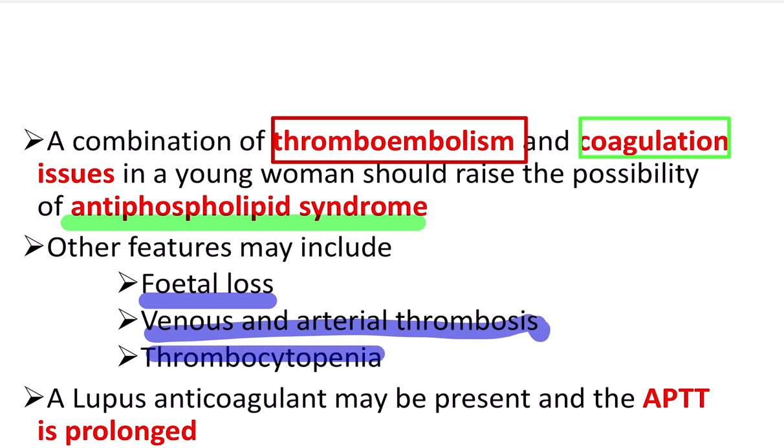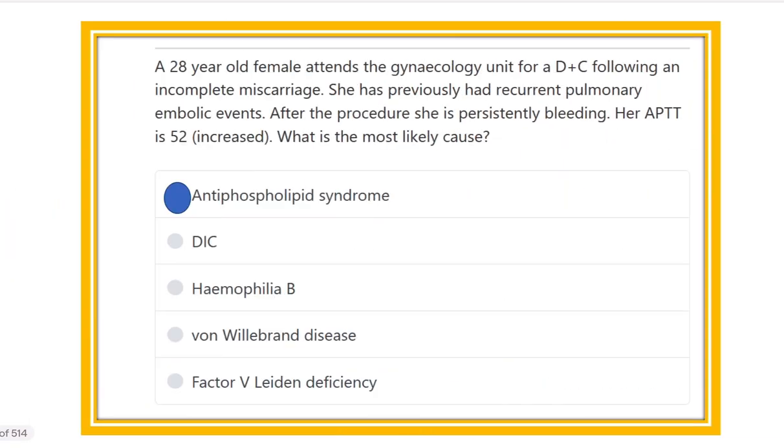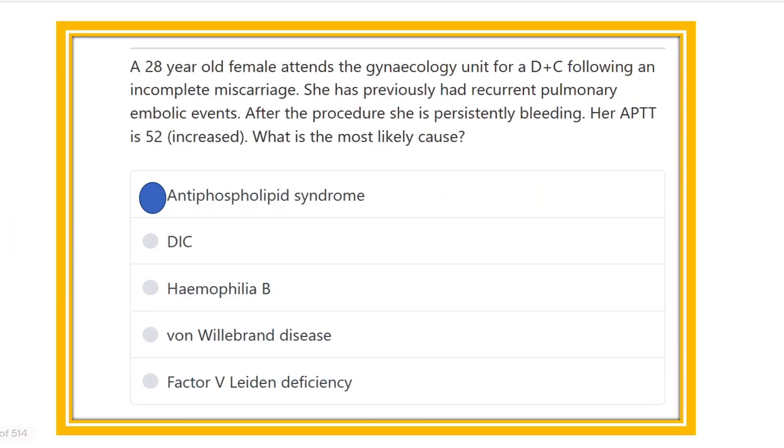Here we can see fetal loss, that means repeated loss of pregnancy, venous and arterial thrombosis, and thrombocytopenia. Lupus anticoagulant may be present when the APTT is prolonged. So in this question, there is recurrent pregnancy loss. Also there is the development of thromboembolic manifestation, so it goes in favor of the antiphospholipid